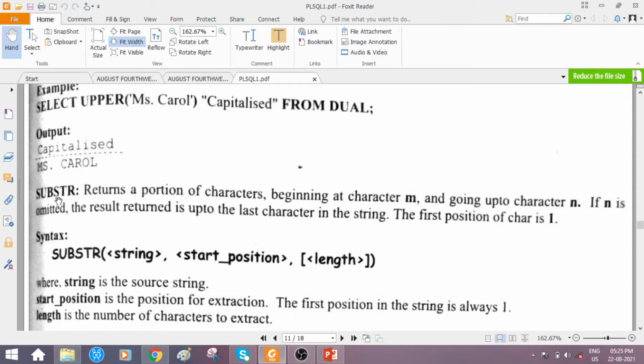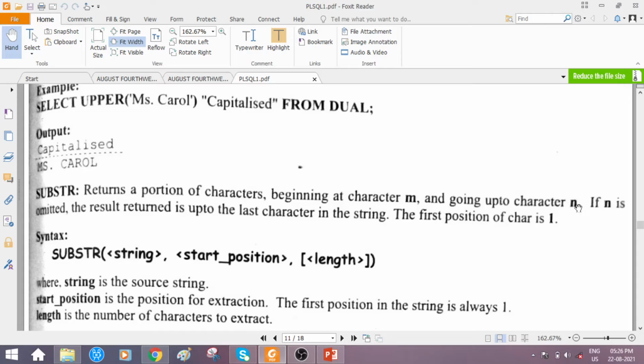Normally when we try to fetch a substring from a given string, we are supposed to give two things as input. That is, from which character you want to start, and the length, that is, how much of the string has to be collected as the substring. So M and N. M is the character position from which to begin, and N is till which position it has to move.